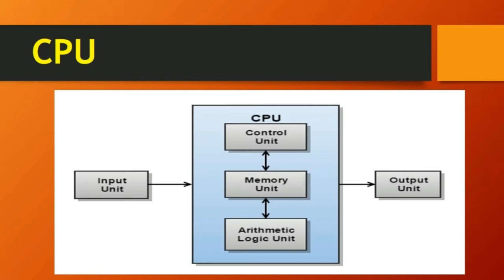First, it goes from the ALU to the MU, then to the CU, and then in reverse, from the CU to the MU, then to the ALU. Whatever we are getting, we receive as the output. We all know what is meant by CPU. Now we will know what is meant by control unit.